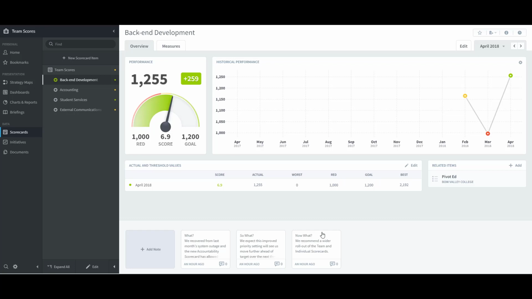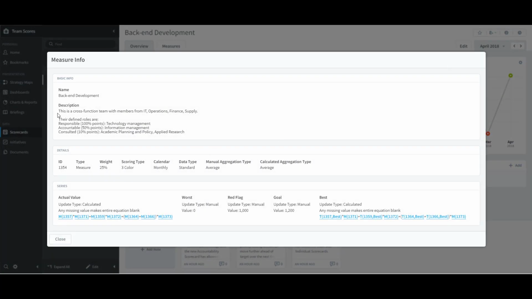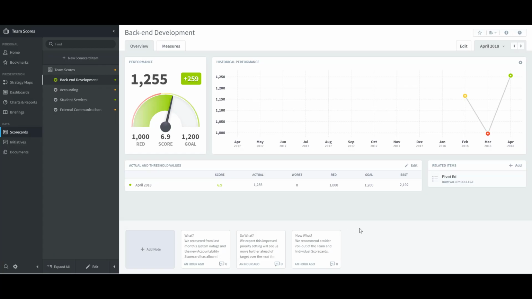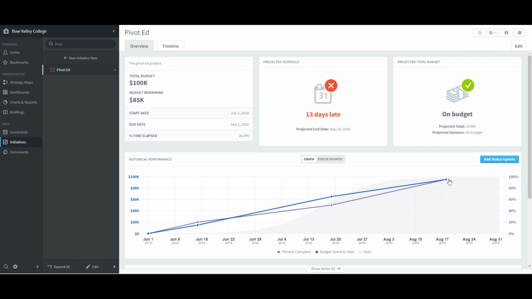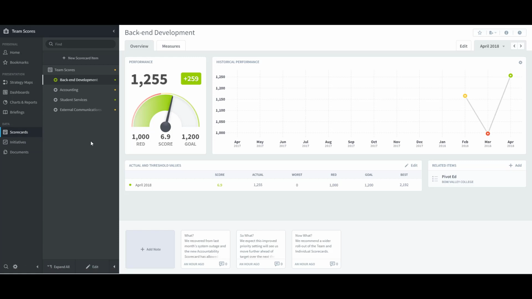Just a few more things. We can also take a look at, again, the overall formula elements and the specific formulas which are used to create the scores which are there. We can also take a look at the related items. So remember, we said not only do you earn points for the processes, but also the projects. So we can drill into the projects and see how they're performing as well. So that's a quick overview of the deliverable on that team and individual